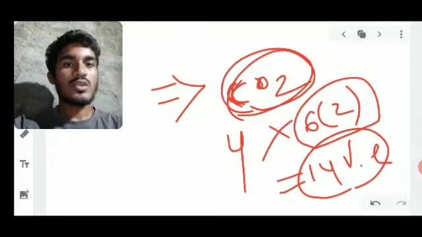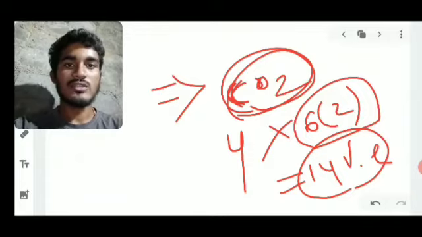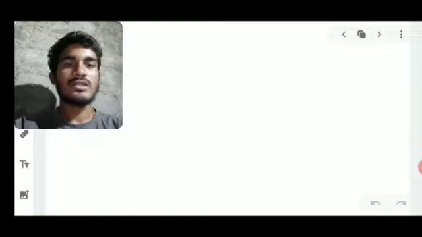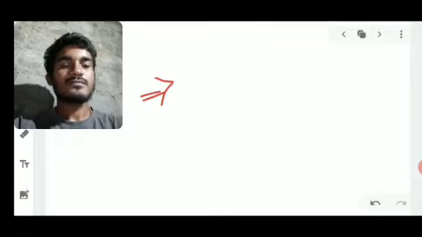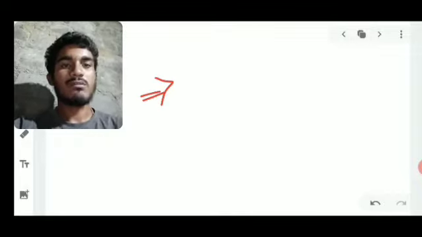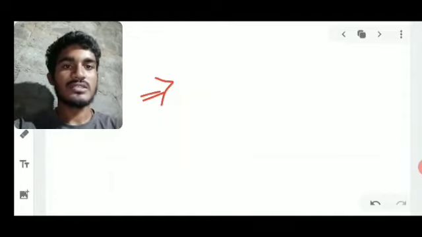Okay, so now we'll see how to draw the structures. These are the basic examples for the Lewis dot rule. So now we'll draw the structures. First, for any compound or element, we count the electron configuration. Already we counted that. Now we see the dotted structures, where between the two atoms we put one electron pair.